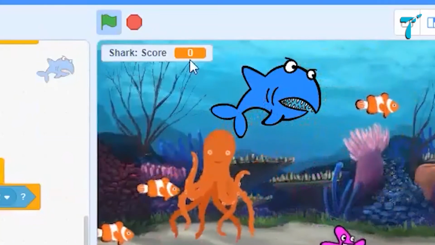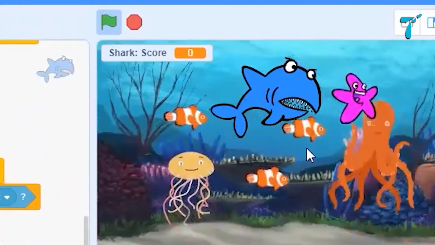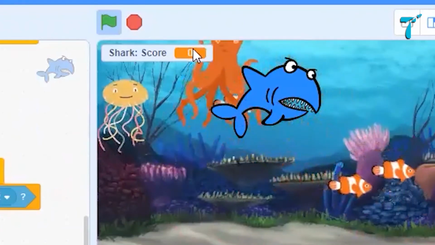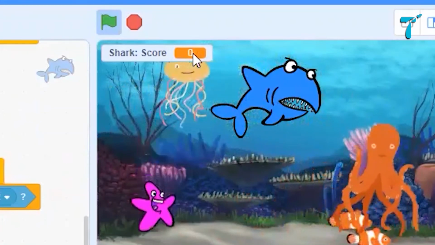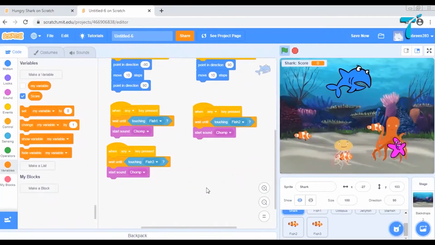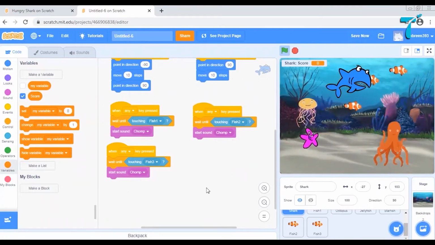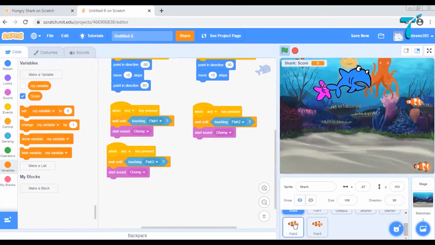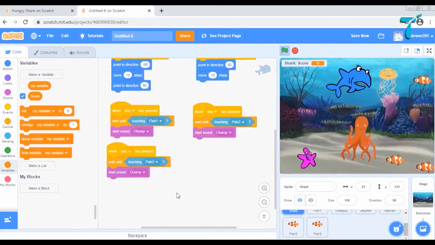So what should happen to the score? Every time this shark eats up this fish, the score should get increased, right? It should get some points. It is up to the developer, it is up to you how many points you want to give on eating up a fish. So I will keep it 1 point for eating up one fish. Okay. Now how can we do that?